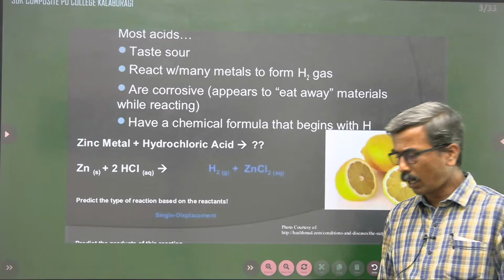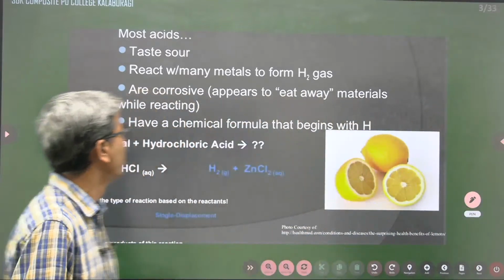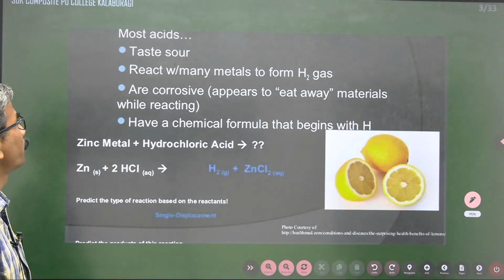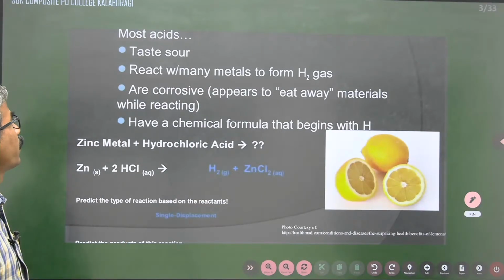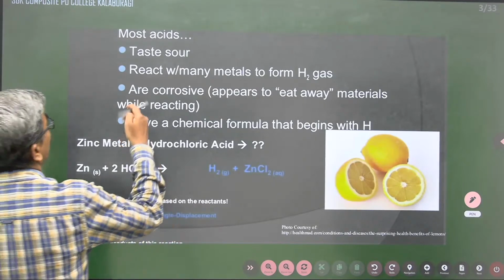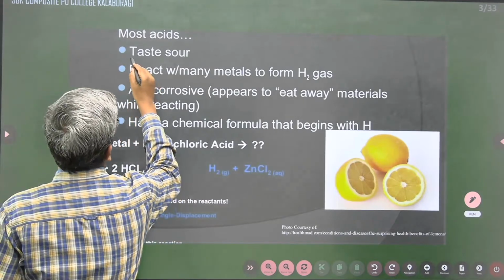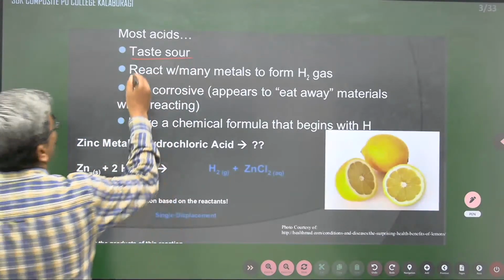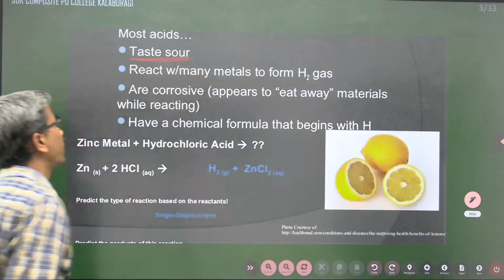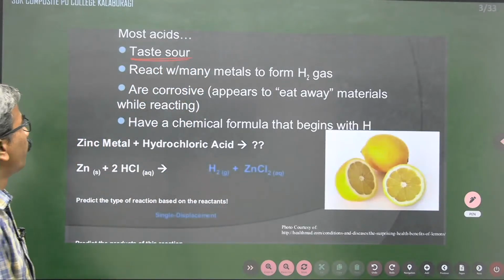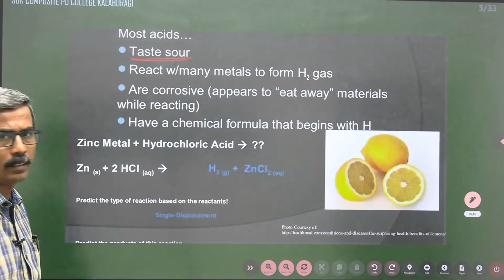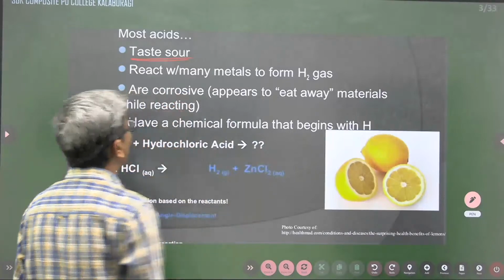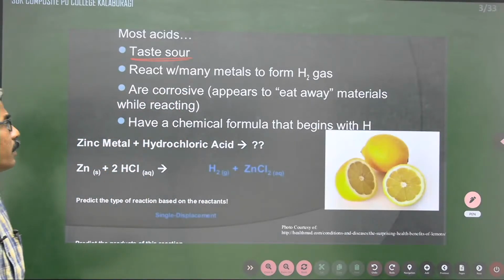Now, as all of you are aware, most of the acids, taste wise, will taste sour. Whichever acids you come across, they are going to taste sour. And maximum metals, when they are made to react with acids,